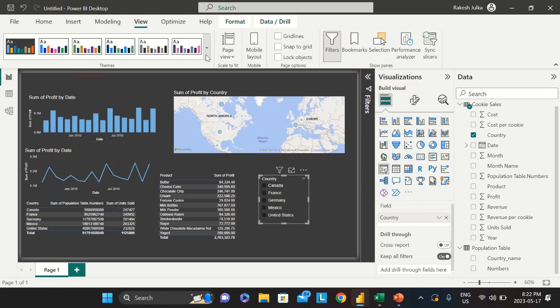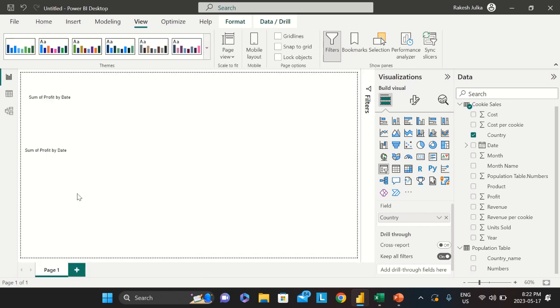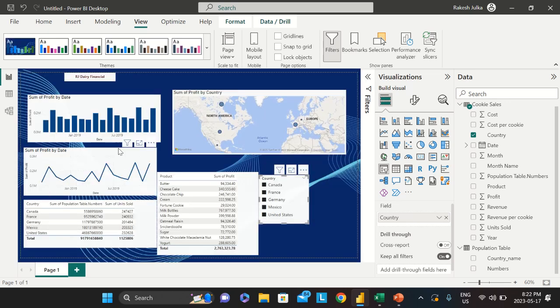If I would like to change to some other, like the black one, this is just a blue shade. If I click it, then the theme is already changed here. So in this way you can change themes and change the look and feel. Now we can do some more functions, like how to change the format. What we can do is click on the line diagram here,